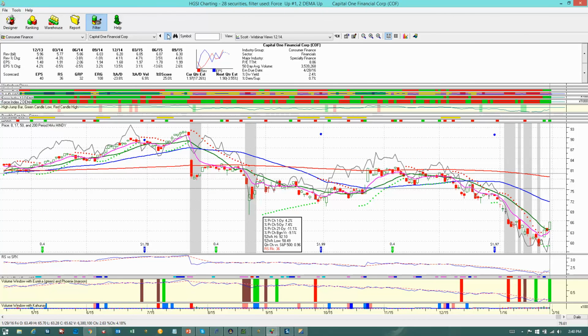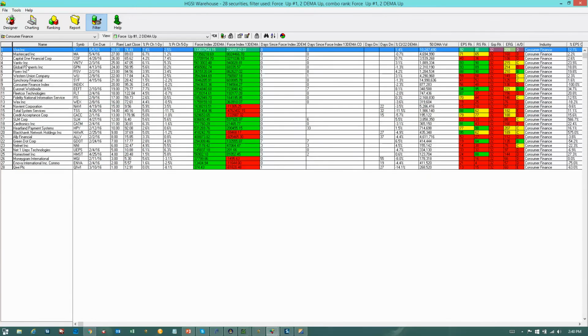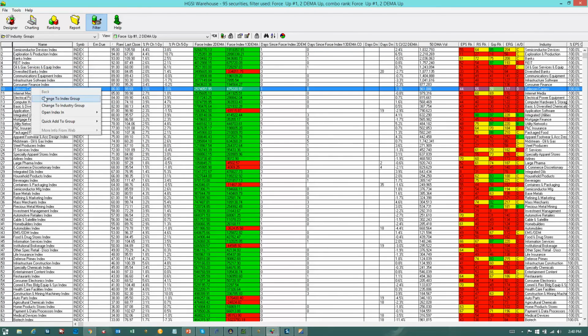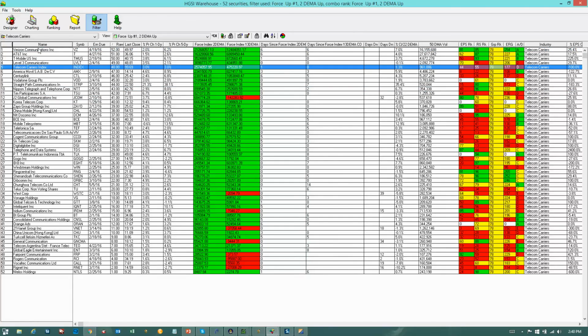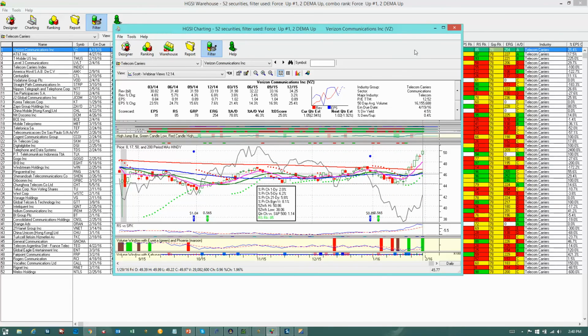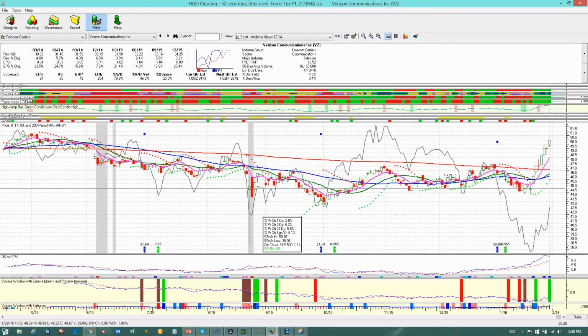Capital One Finance, similar looking chart. Back. Telco carriers, these give a yield and some potential for growth. Verizon. Again, a pretty good looking chart breaking out here to recent highs. Pocket pivots galore, had some kahunas there. Everything looks green, no